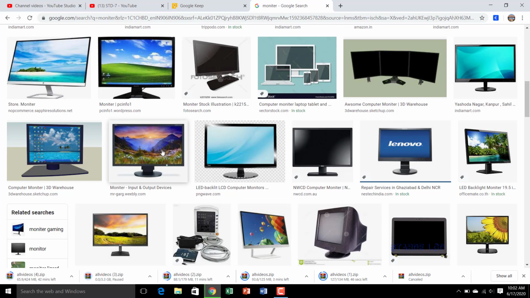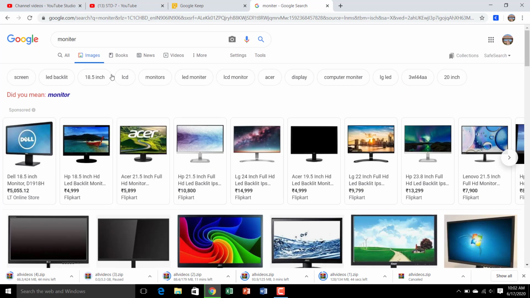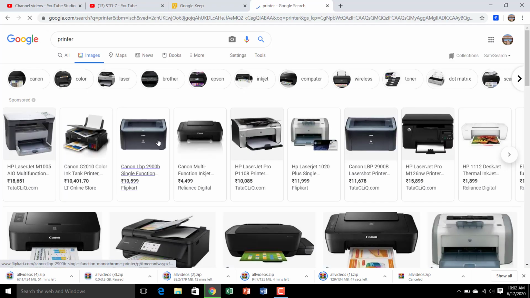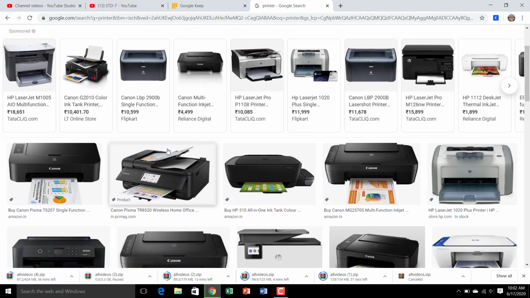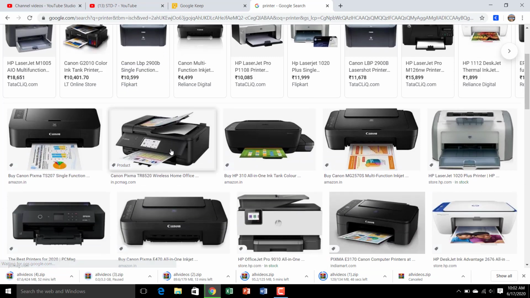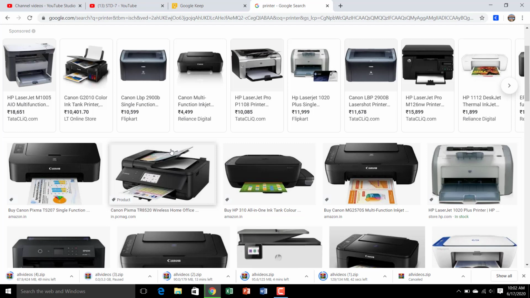Now the second one is the printer. This is our printer. You will get printers in different sizes and colors. What is the use of a printer? We get the soft copy of computer data converted into a hard copy, meaning on paper, by using a printer.